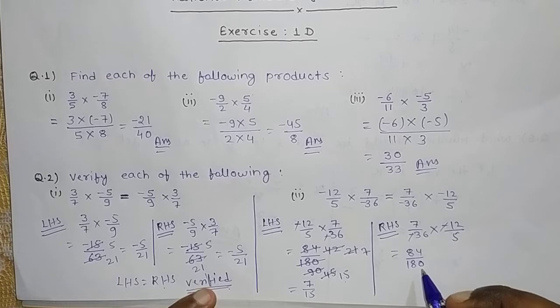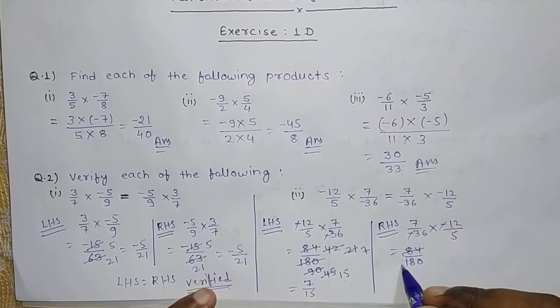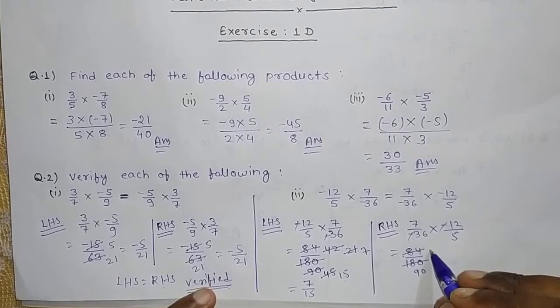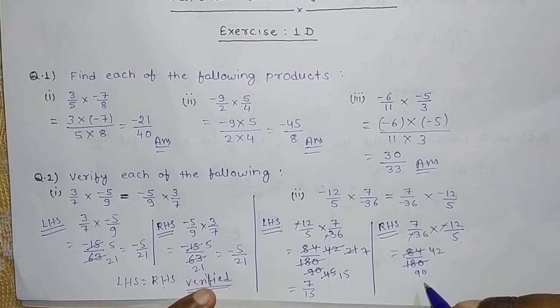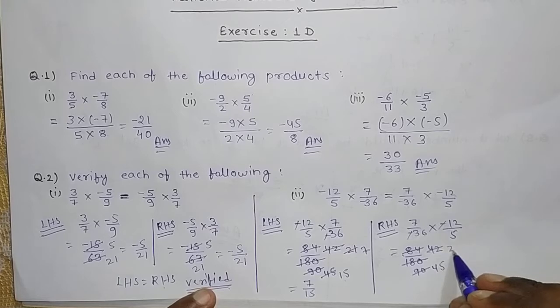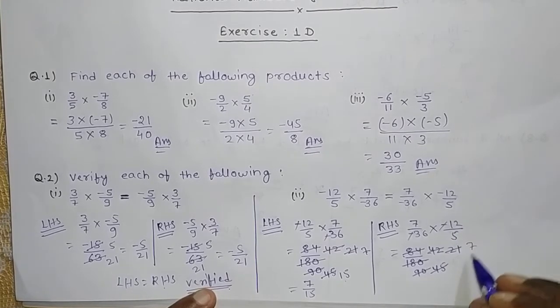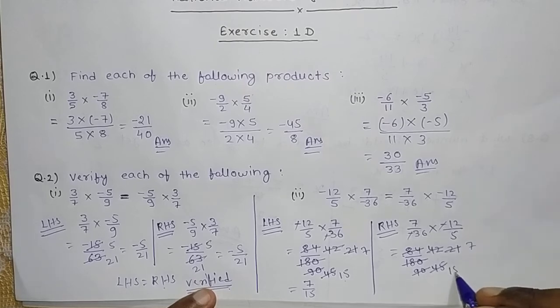Again we have to divide it. Here we have to divide by 2, so 2 9s are 18, 0, 2 4s are 8, 2 2s are 4. Again we have to divide by 2, that is 2 4s are 8, 2 5s are 10, 2 2s are 4, 2 1s are 2. Again we can divide by 3, so 3 7s are 21, 3 1s are 3, 3 5s are 15.